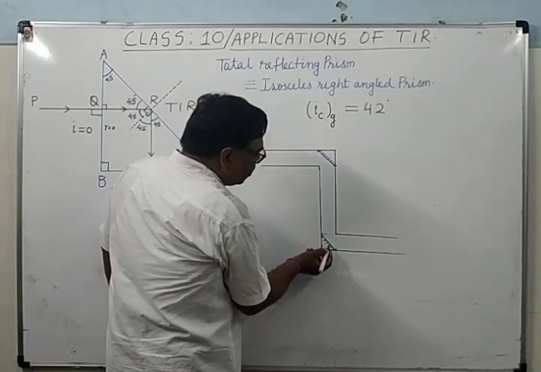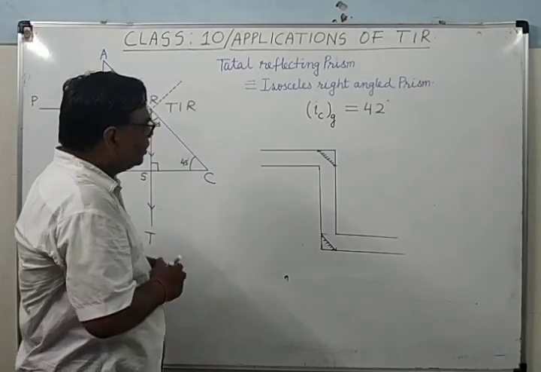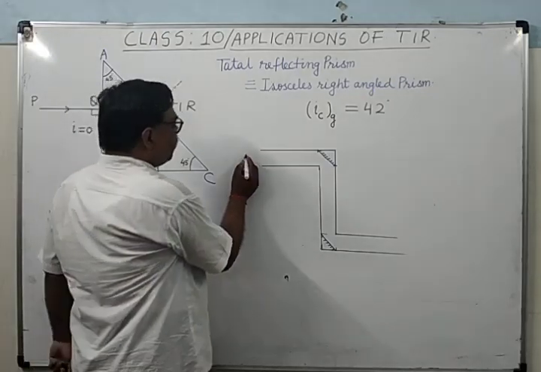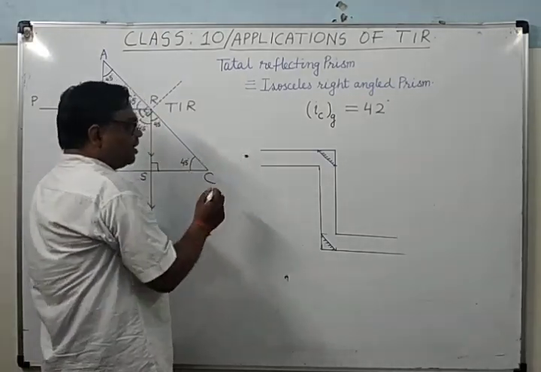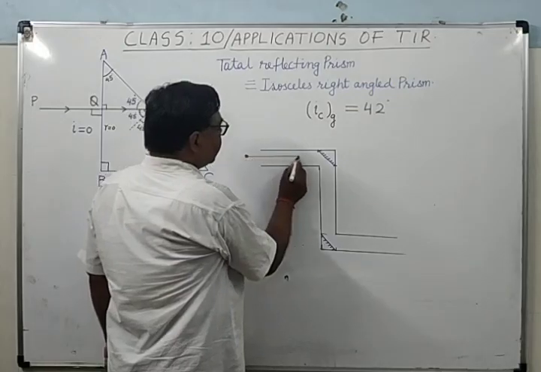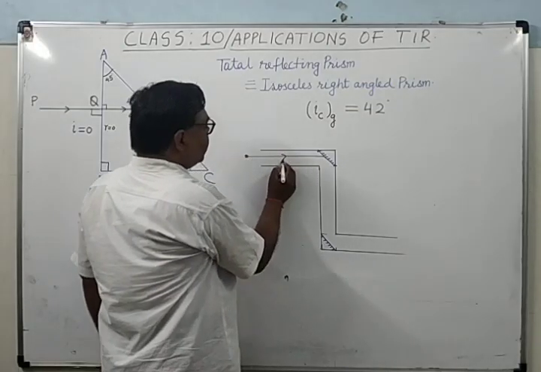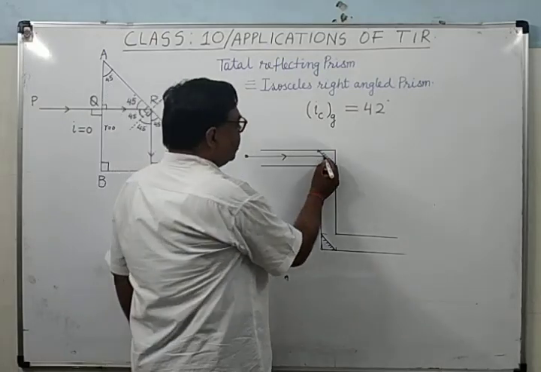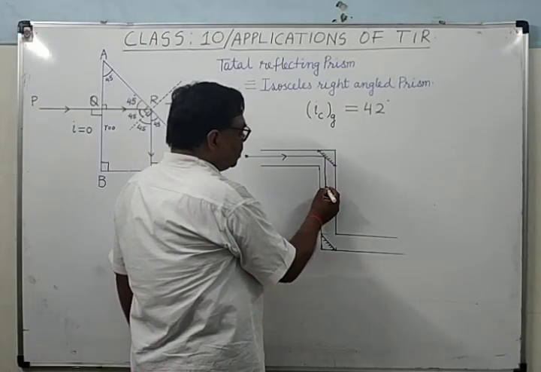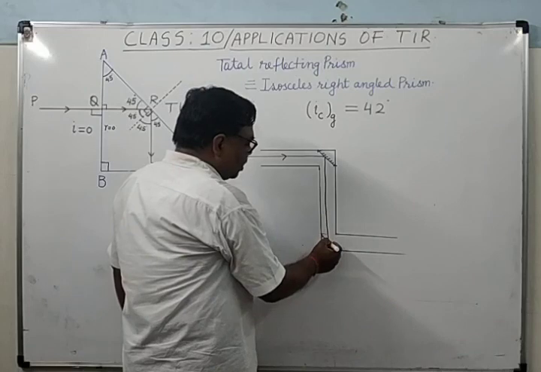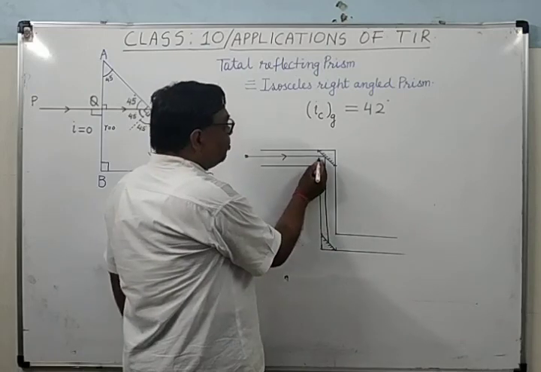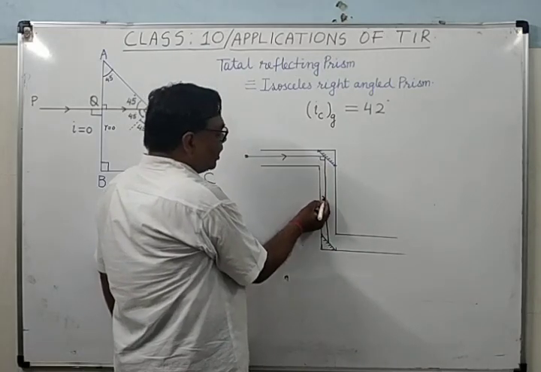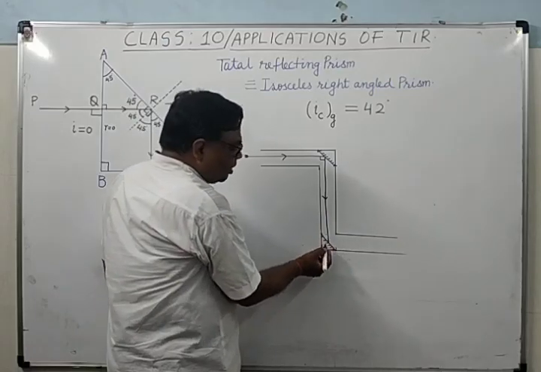When the plane mirror is fixed, and if anything is kept here, what will happen? The rays from any lighted thing kept here will start from here. After suffering reflection from the plane mirror, they will go in this direction. Means they will be deviated by 90 degree. They will be deviated here by 90 degree. Once again they will suffer reflection.